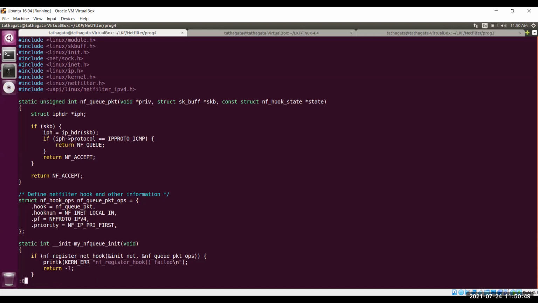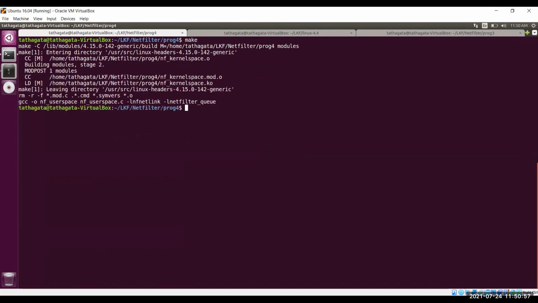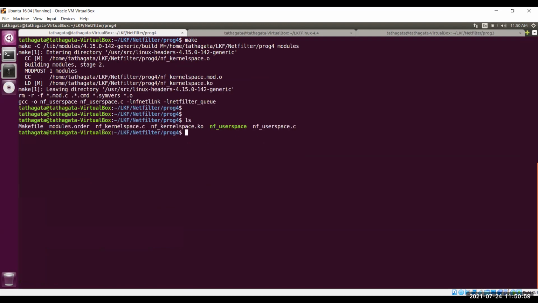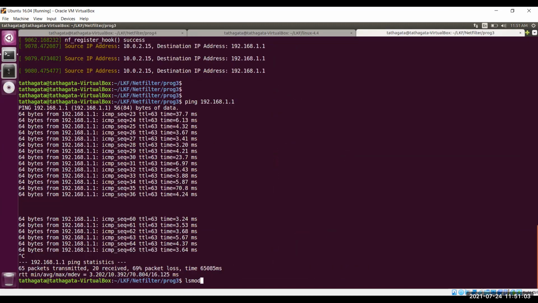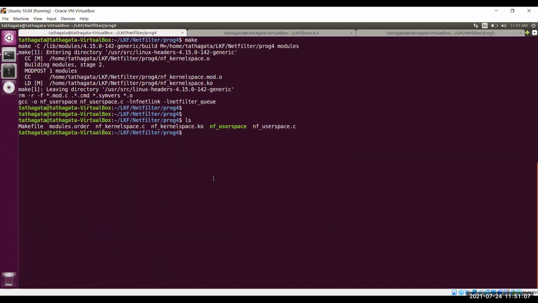So if that is the case, then let us compile it. I hope there is no module loaded. So sudo install.